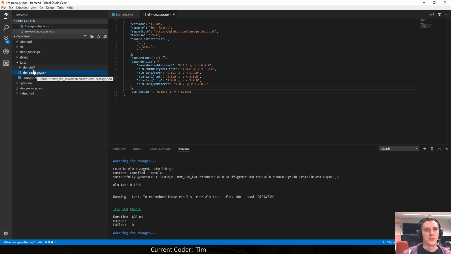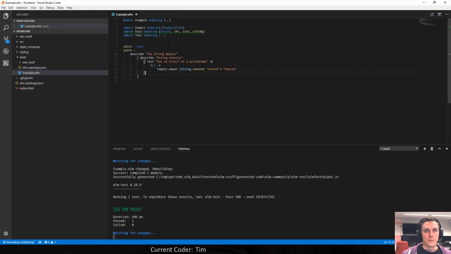And I think that you have defined them basically in your source directories right here. So this elm package.json contains a reference to the directory up from this tests directory. So that's the front end root. So that's this thing. And then also the source directory, so right here. And then of course our own tests as well, so the ones that are listed right here.